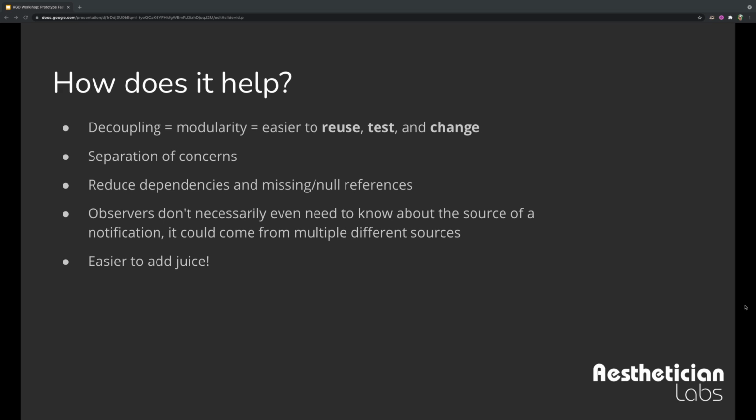So if I have a game manager that really should just handle the game state, it should know about the state of the game at a high level and then notify everybody else. It does not need to know about what the UI is doing right now, or what the player is doing right now. The player may want to know what the game state is, but doesn't care about the particulars of how that's implemented, and the game manager shouldn't care about how the player updates relative to the game state. That's the separation of concerns that we create there.